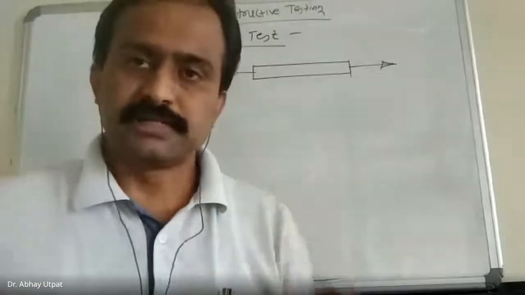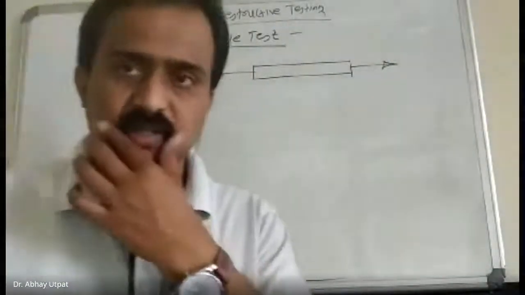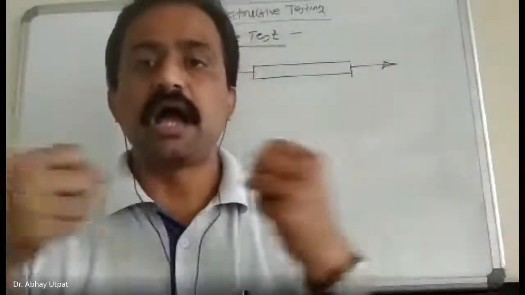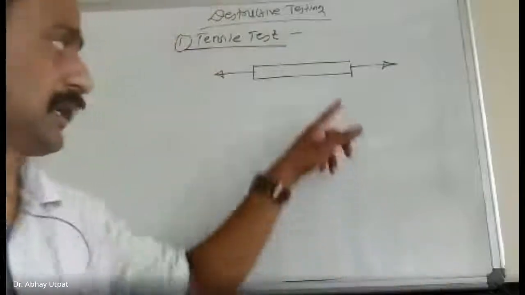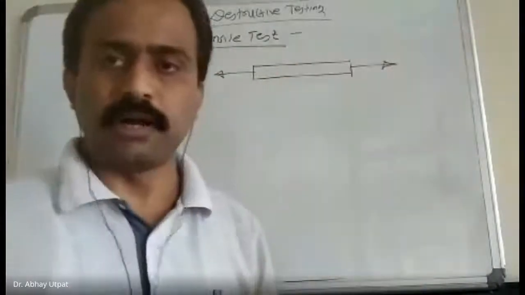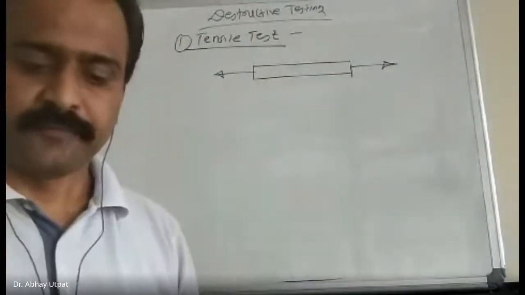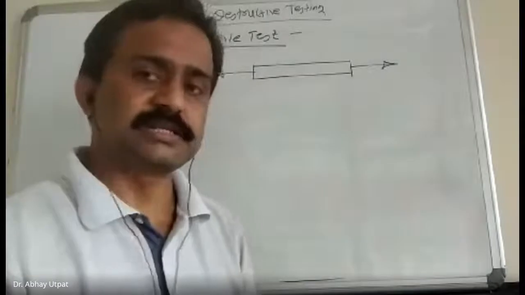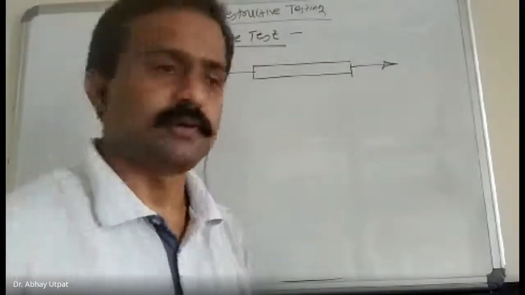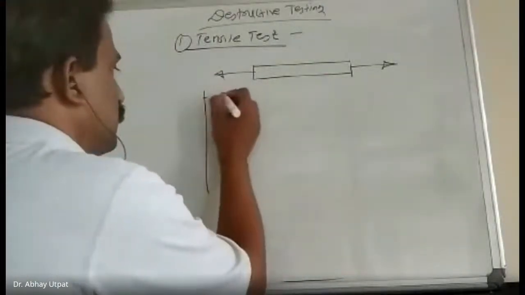Now, tensile test means material is tested under tension. So you are going to pull your component axially away from each other. It's rightly shown in this figure. When you are pulling your component away from each other, the part gets elongated. So from tensile testing, what properties will we find out? I'll write one by one. First, elongation.